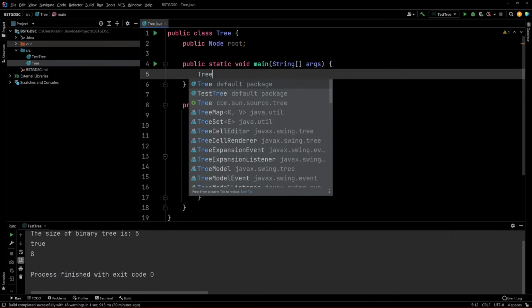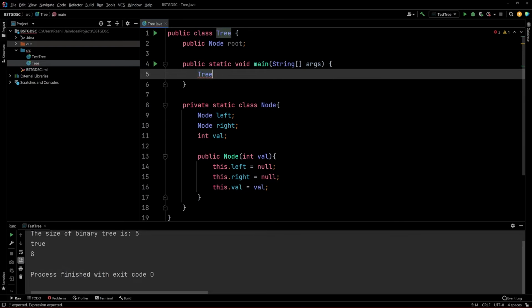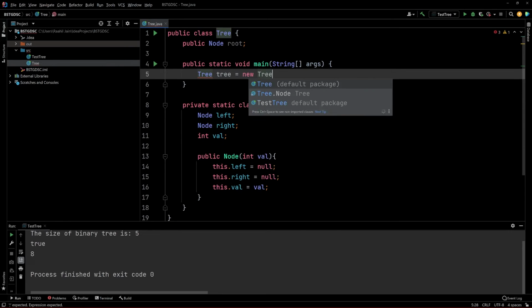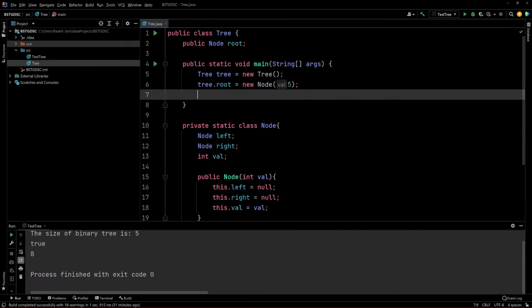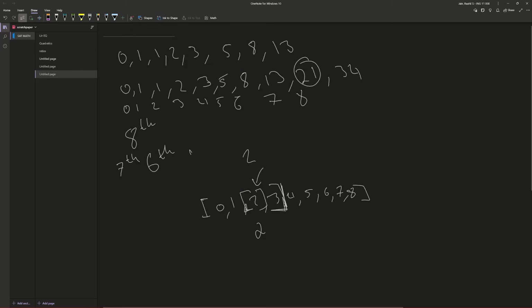Let's say my tree is equal to a new tree, and then I want to give that tree a root. So we'll say tree.root is equal to a new node of 5, and then maybe we'll say tree.root.left. So what I'm saying here is, okay, I have my tree